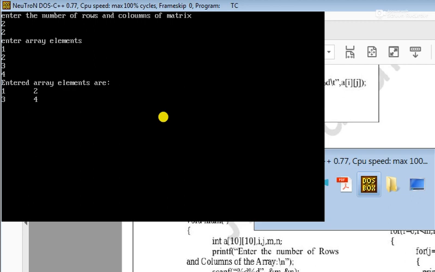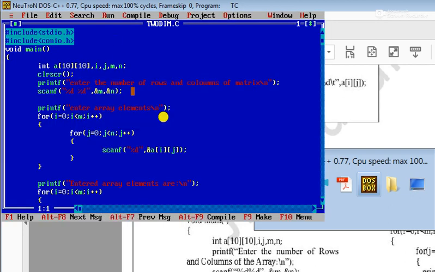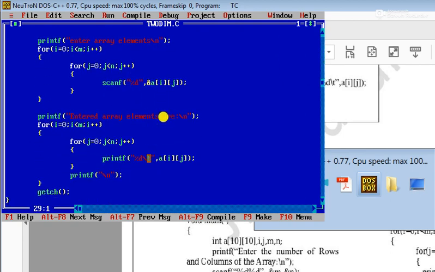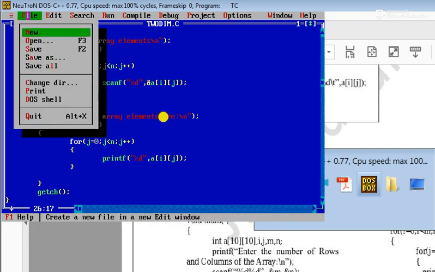So if you do not enter, okay, if you do not use this \t, what happens? Next we see, if you do not use this \t, what happens? Then if you do not use this %f, what happens? Okay, if you do not use that one, so save, and then now I run.